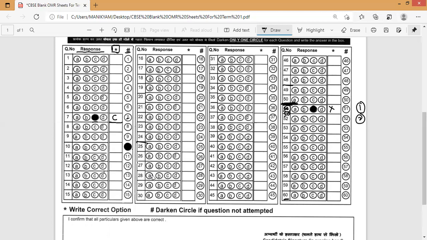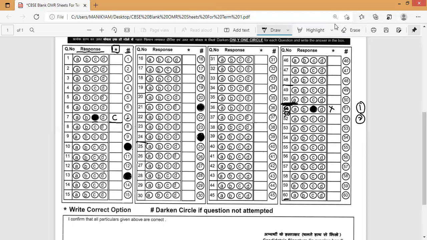For the first section 24, I am leaving the 10th question, 13th question, and 21 and 22. So here 4 questions I left. These 4 questions I bubbled. So these 4 questions are considered as not attempted questions in the section. That is the thing you have to remember. So like this, if you make it. So this is the fourth point.